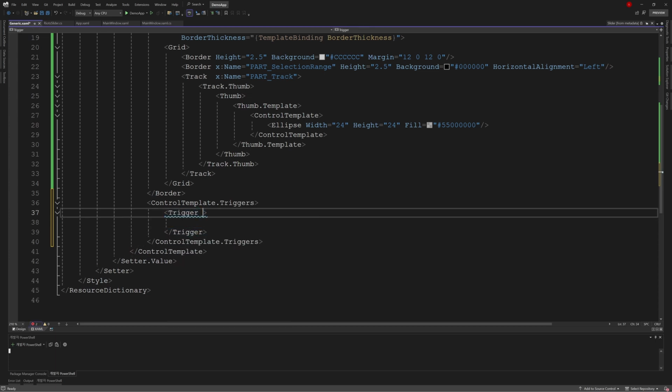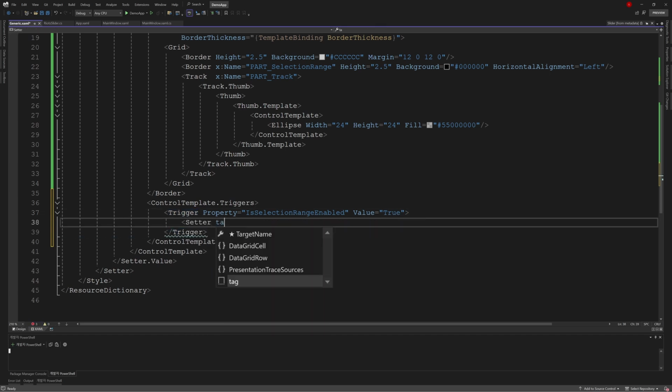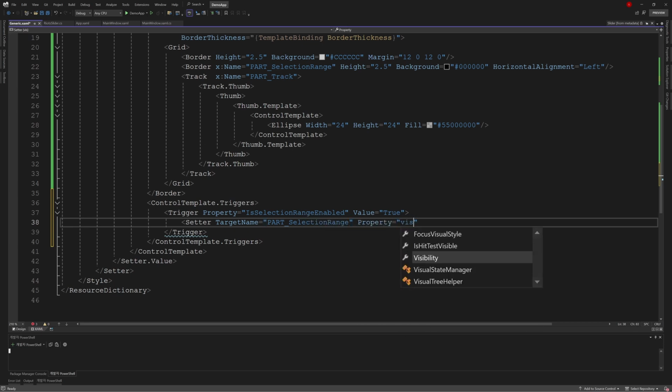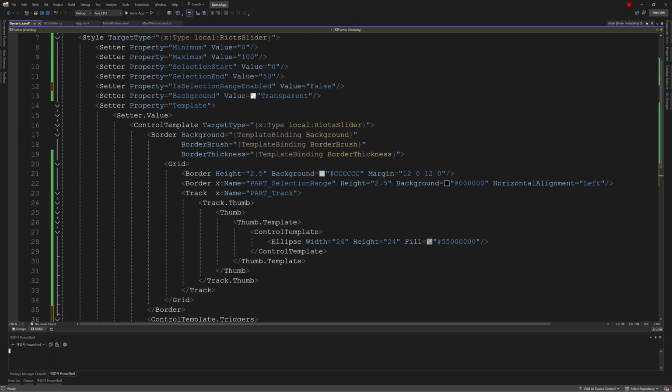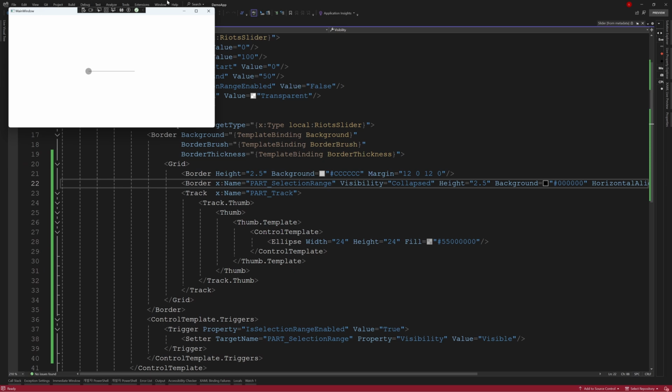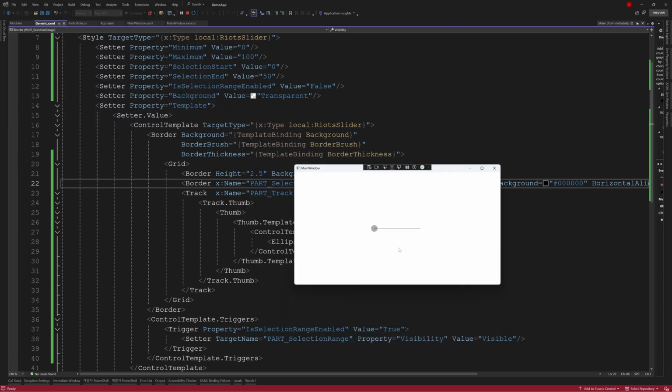The property is IsSelectionRangeEnabled, and when the value is true, the target name, PART_SelectionRange, visibility, change to visible. We also need to set a default state. For the border, we set the visibility attribute to collapsed. As our current state is false, nothing is visible, so we need to change it to true.